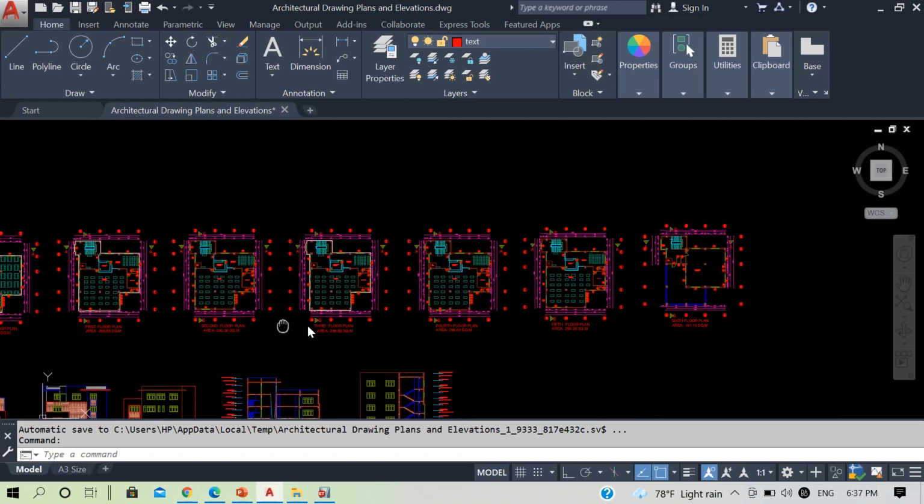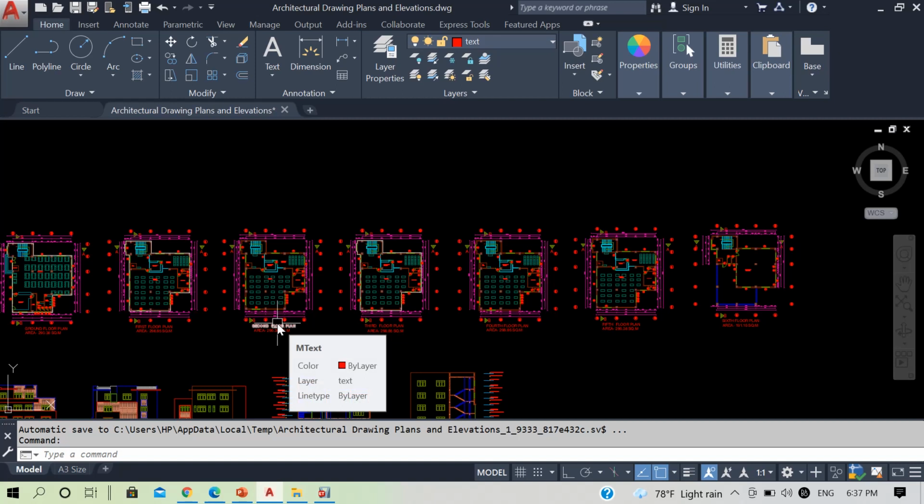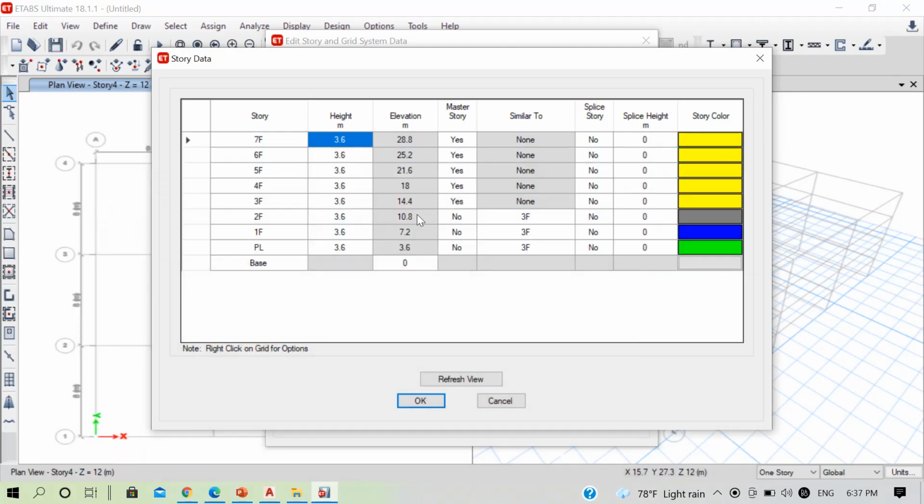So in this case, what we can do is we can assign any of this story from first to fifth floor as the master story, and then we can assign remaining other 4 stories as similar to the master story. So what I will do is this first floor level I will assign as master story and other